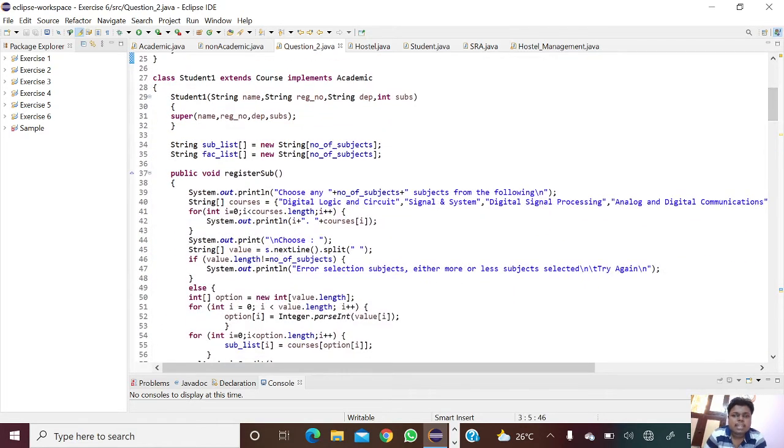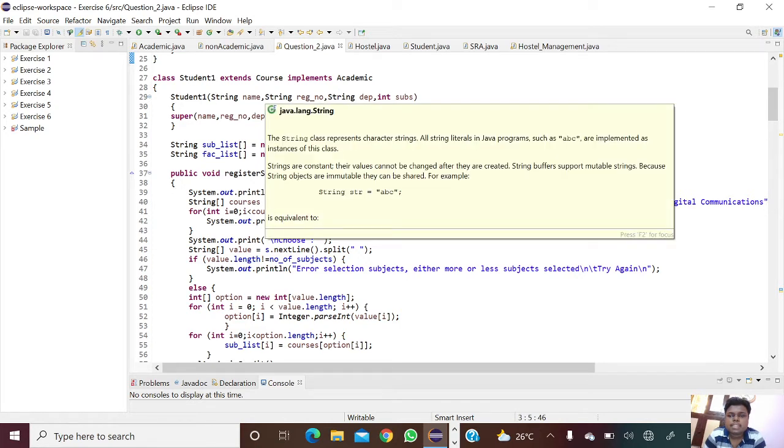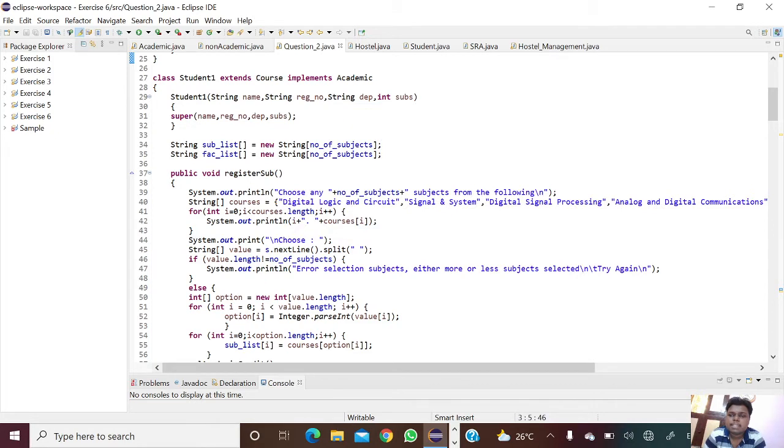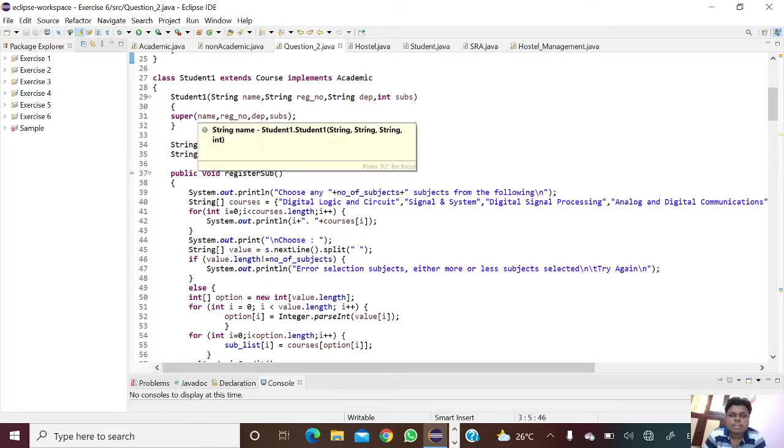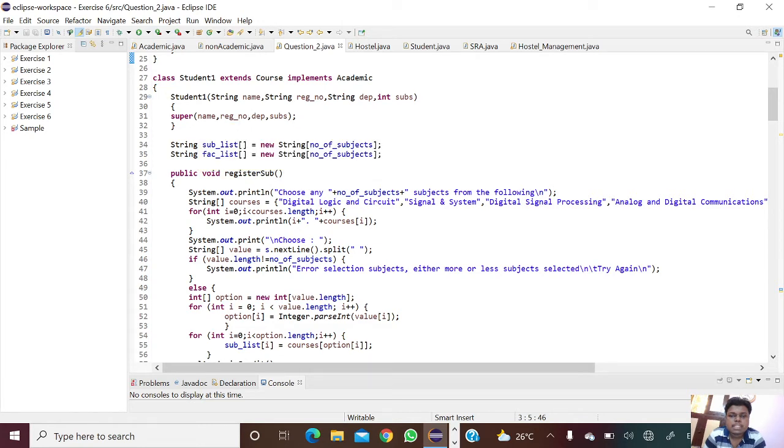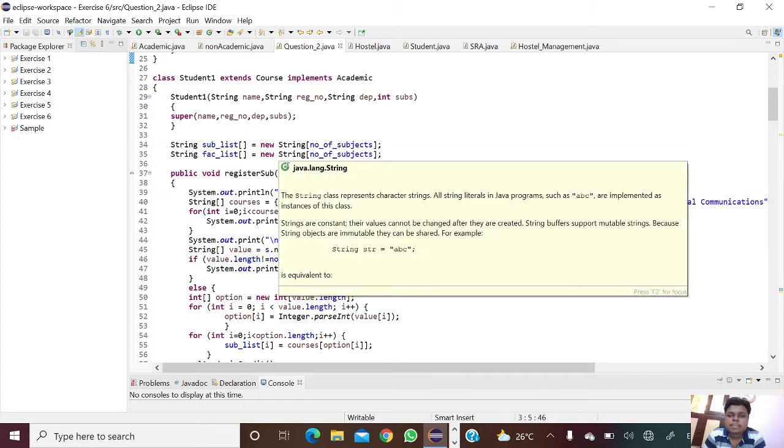Next we create a class Student1 that extends Course and implements Academic, with a constructor Student1 of string name, string register number, string department and int subject, calling super of name, register number, department, subject. String sublist equal to new string of number of subjects, and string faculty list equal to new string of number of subjects.